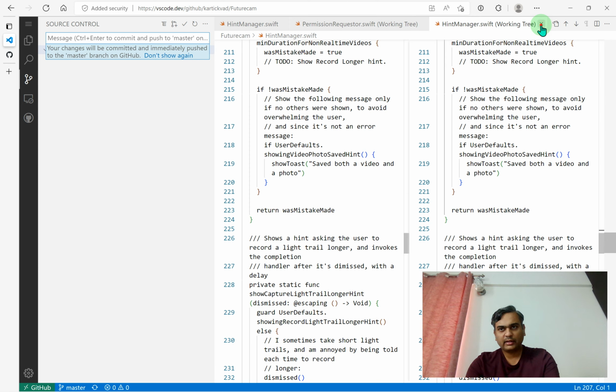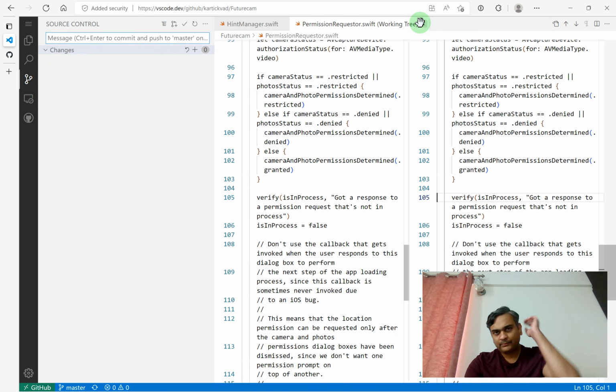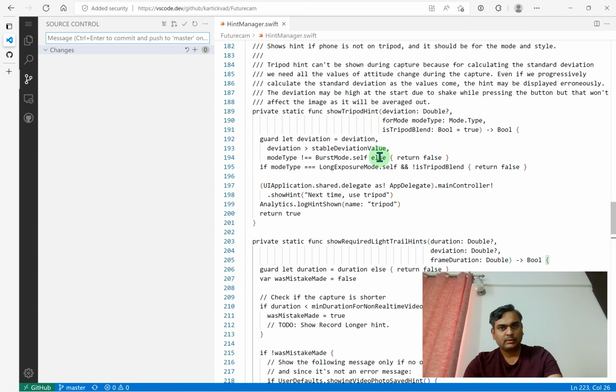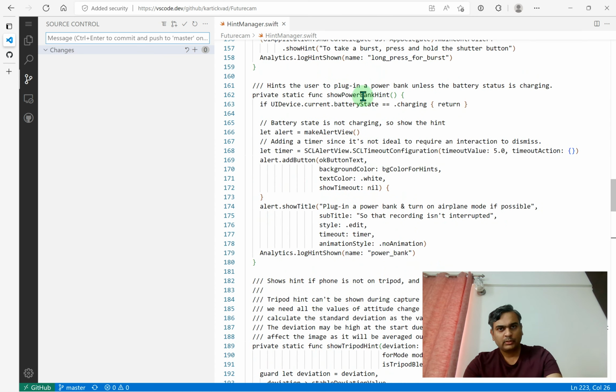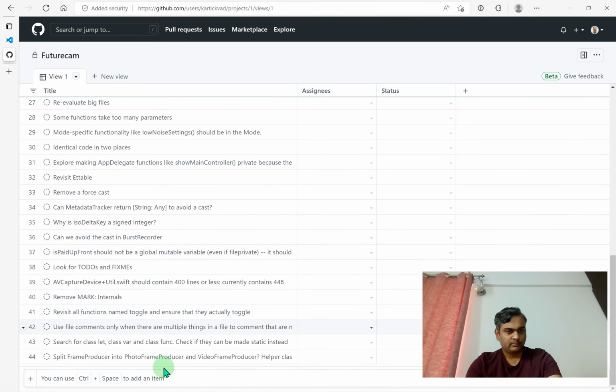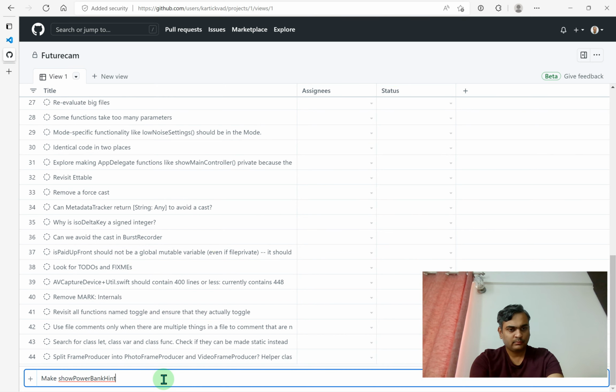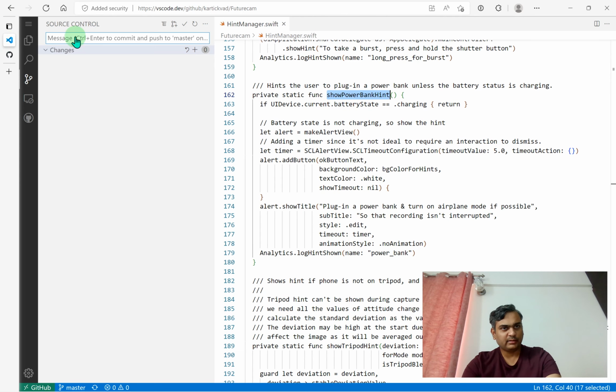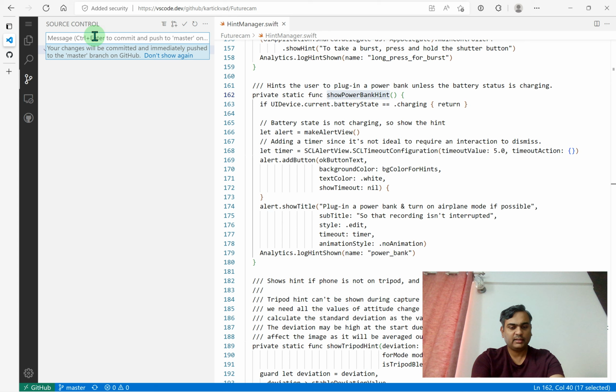Now the other thing we should look at is, yeah, we should create a work item for show power banking. So now we'll get to it later on. The other thing I wanted to check quickly is